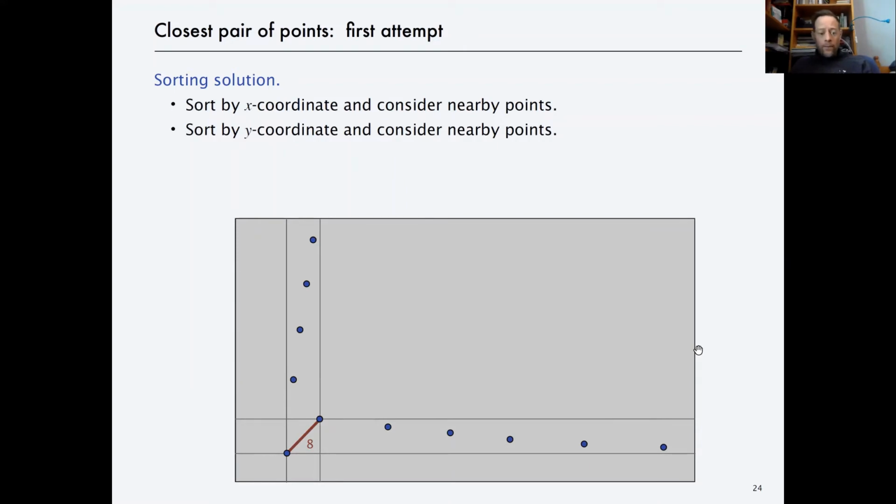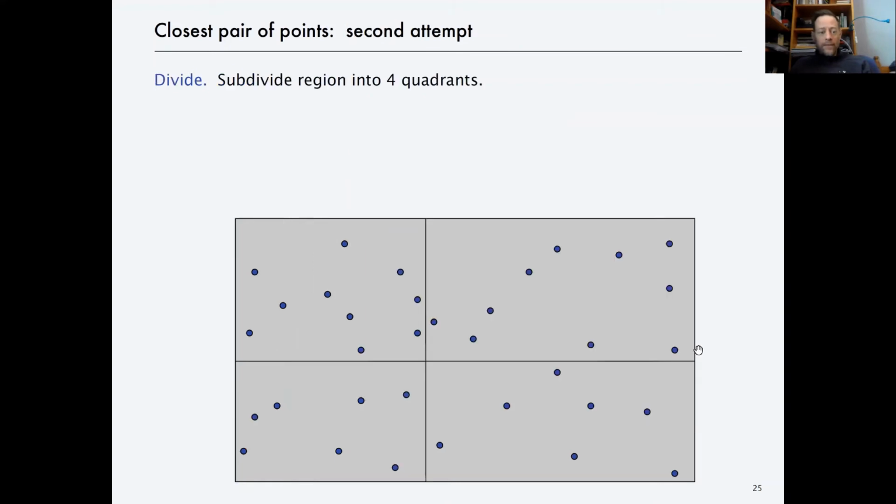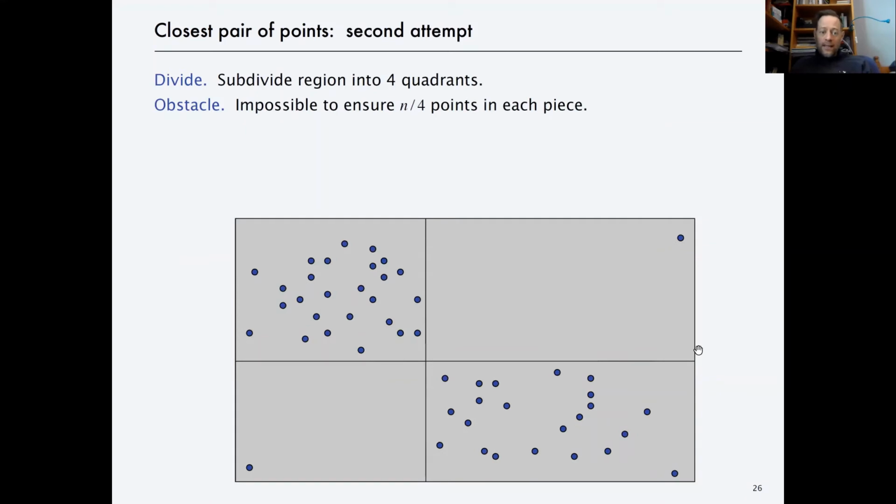And then we can compare it based on this. We can also divide it into quadrants. So we can divide this into 4 quadrants. And then we can solve each independently. The problem here is, however, that we cannot do this in a way that guarantees a uniform